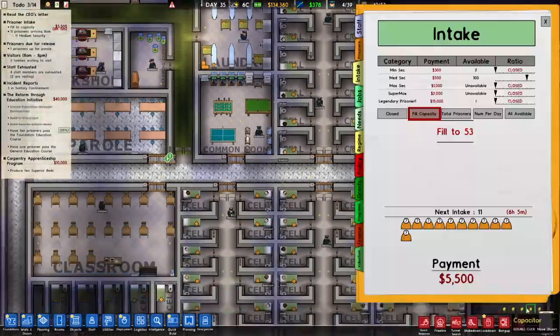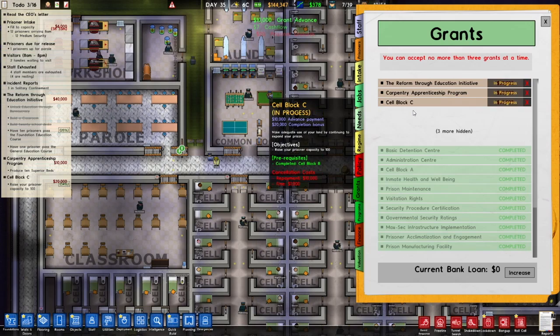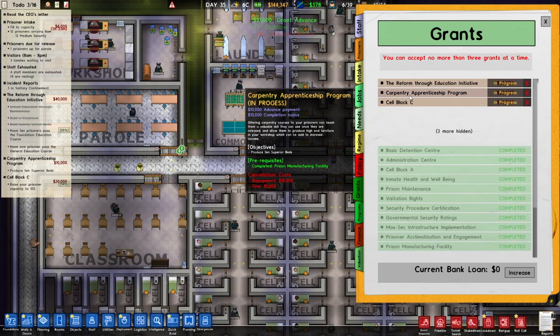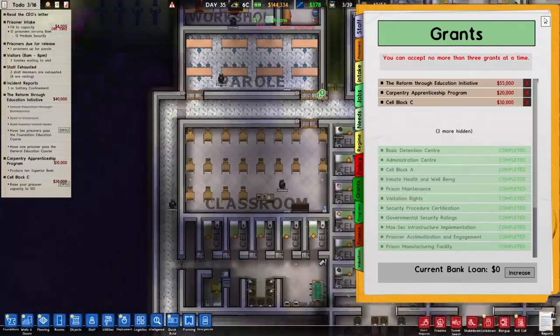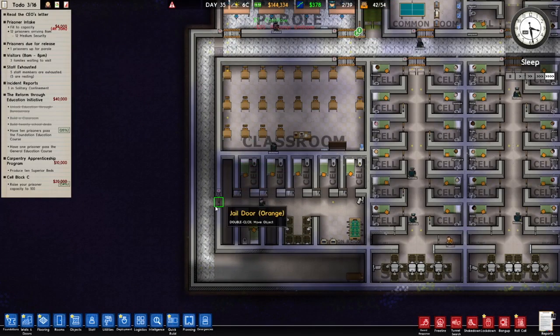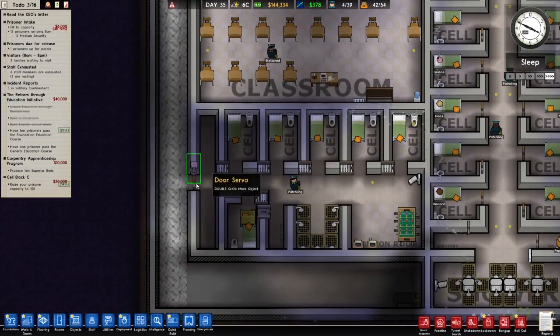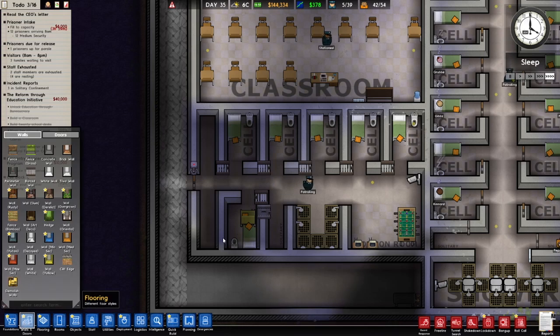So anyway, we got that grant for cell block B, another cell block C. Okay, so we got that grant going. So we only have 6 more grants. Can't understand what I'm saying. These rooms are really bugging me here. So what I might do,